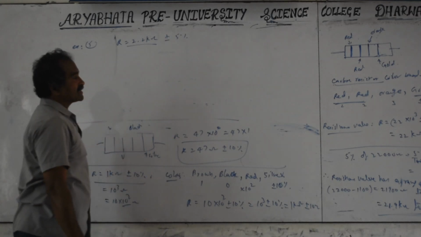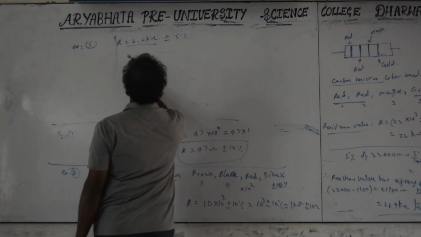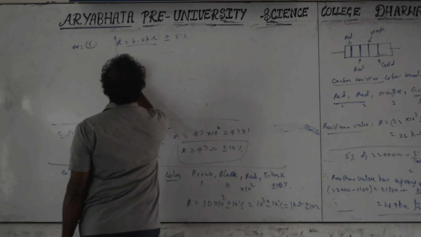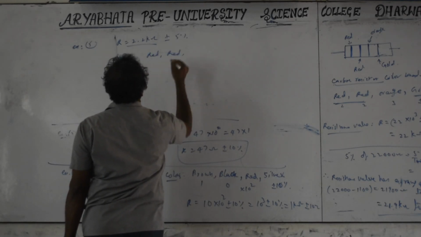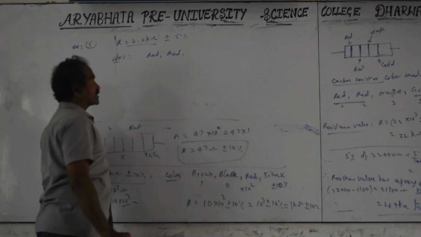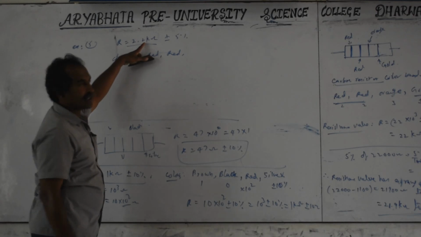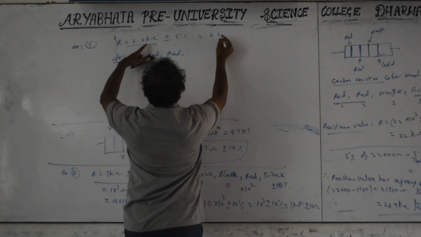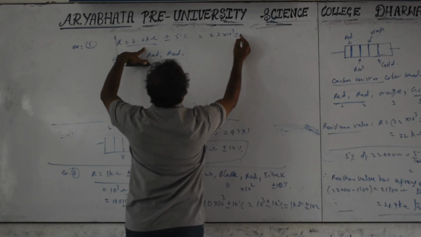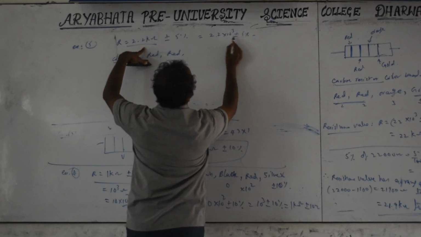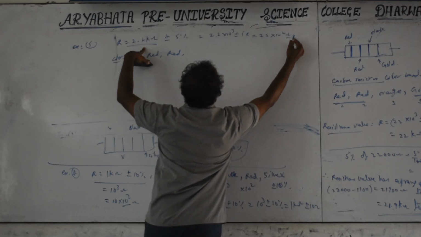If it were 20%, what then? The 4th band is missing, not there at all. Okay, then what is the value of the colors you have to take? 2 2 means red. Okay, 2. Next required, you can modify this, 10 to the power of 3. This becomes equal to 2.2 into 10 to the power of 3, plus or minus 5%. This becomes 22 into 10 to the power of 2 plus or minus 5%.